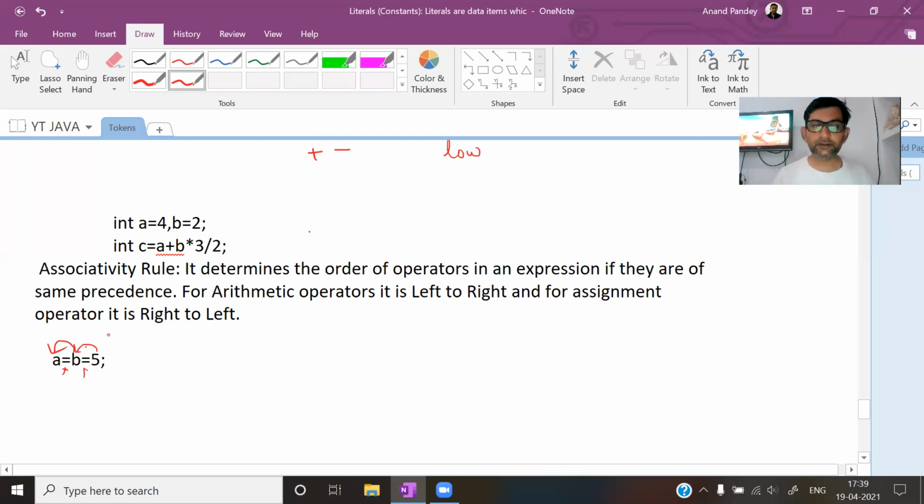Okay. So associativity rule, we apply it if the operators of same precedence are coming in sequence. And generally we need to apply it for arithmetic operators, that is left to right. So please remember this, and it will be useful in most of the questions, in the questions of output. You will get the expression and you have to find the output of that. So in that case, if you miss the operator precedence and if you miss the associativity rule, you will get wrong output. So please learn it properly. These things are small but very important.